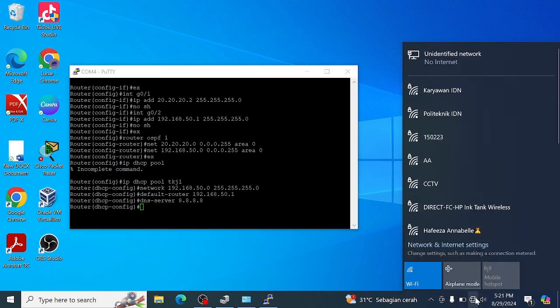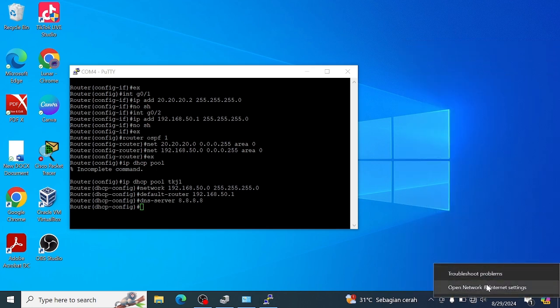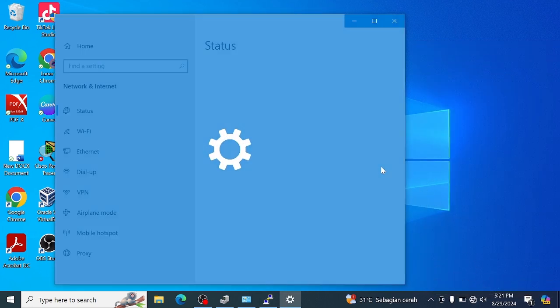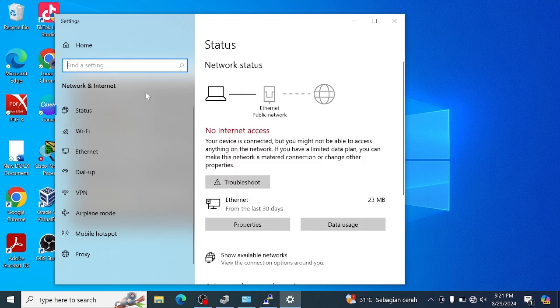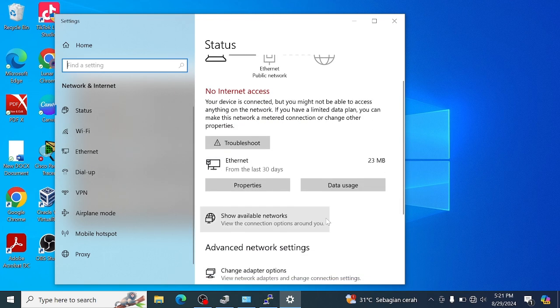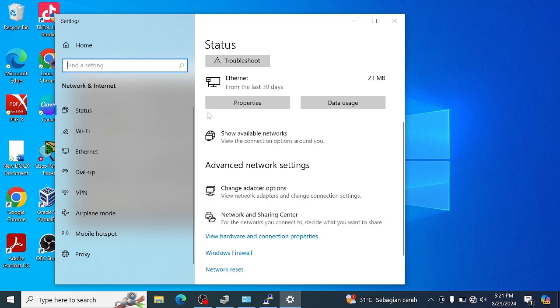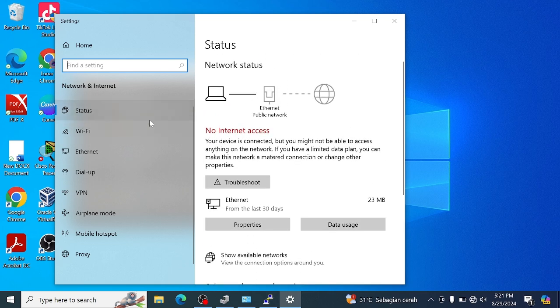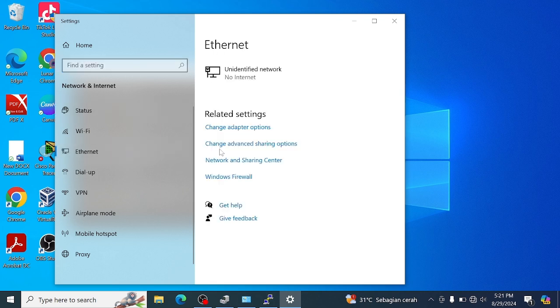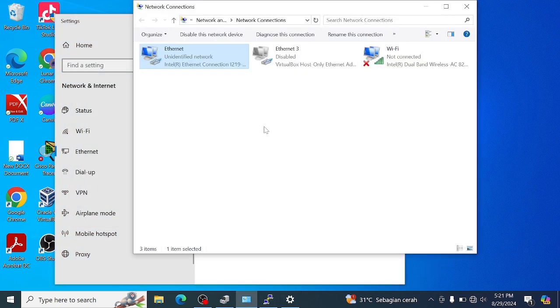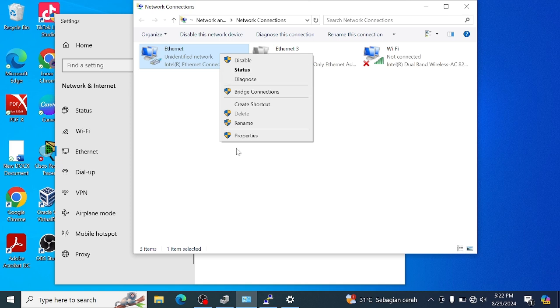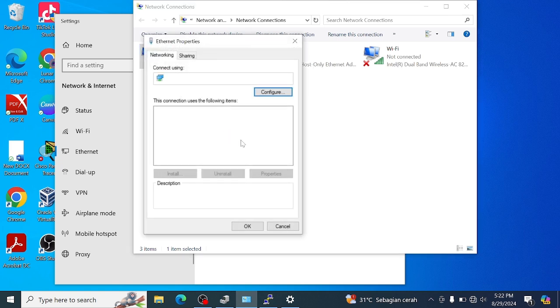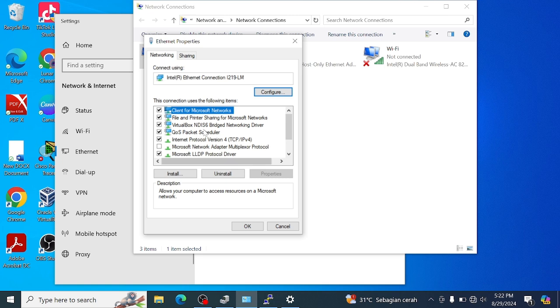And then check the internet settings. You search in Ethernet, and then click change adapter settings, and click Ethernet, and then click properties, and a screen like this appears.